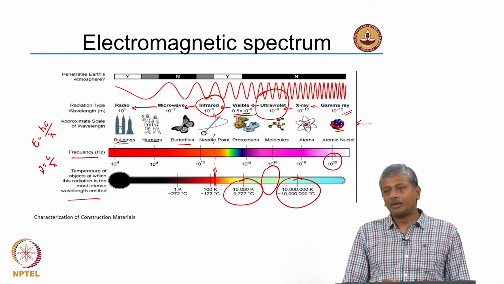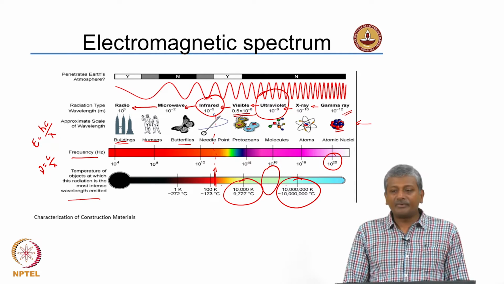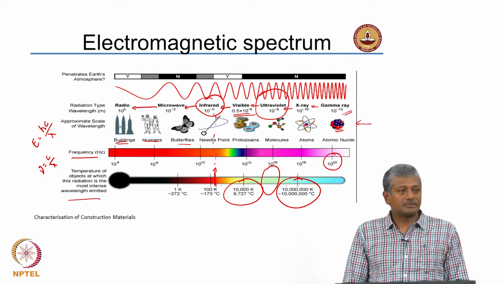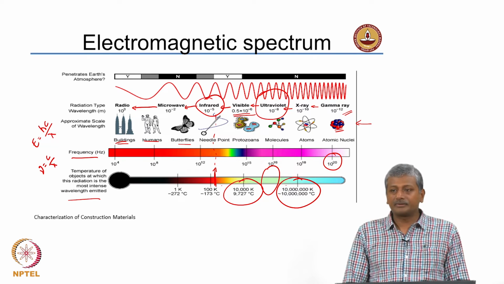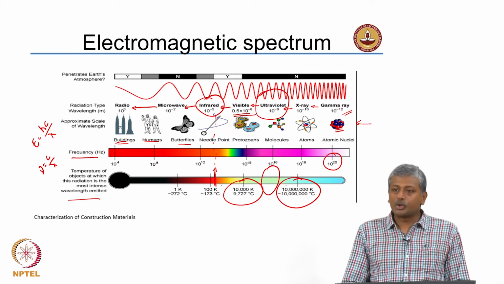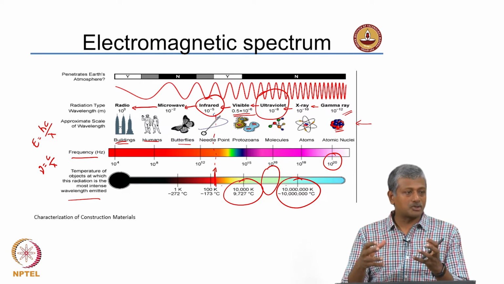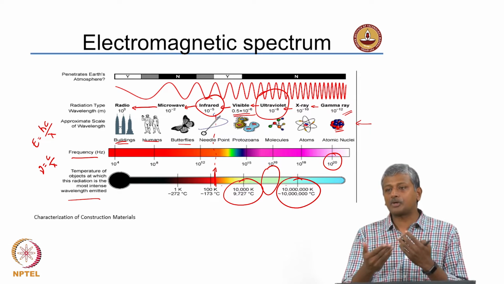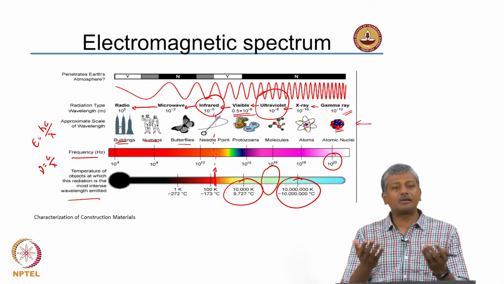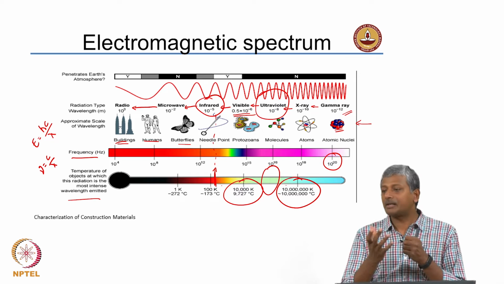Now, for example, if we have to see through a material, we need to have a very high energy radiation. What do we use typically to see through materials? X-rays. Yeah, the energy produced by X-rays is high enough to actually travel right through solid species, and if there are any defects present in the solids, they will be transmitting more X-rays, and the dense and solid parts of the solid will actually absorb more X-rays. So, the difference in absorption and transmission of the X-rays will generate the kind of radiographs that you are commonly familiar with when you actually go to take a medical X-ray.